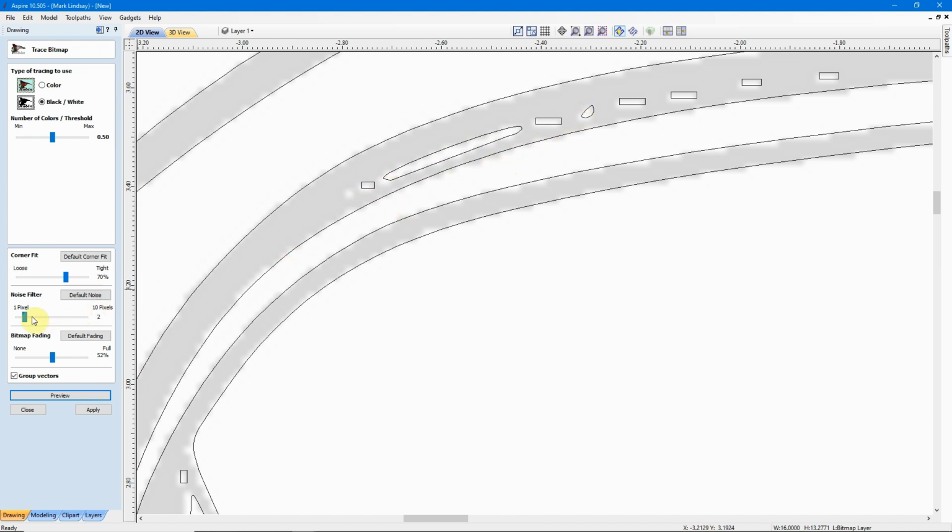But I have my noise filter set at 2. This is 2 pixels from the bitmap. So anything smaller than 2 pixels is being ignored. And this is where this noise filter comes in and can help you to clean up these images without having to go in and delete all of these by hand. Now, I should preface this by saying this is 100% up to you. If you want to bring the noise filter down to 0 and click preview, you'll see it's going to attempt